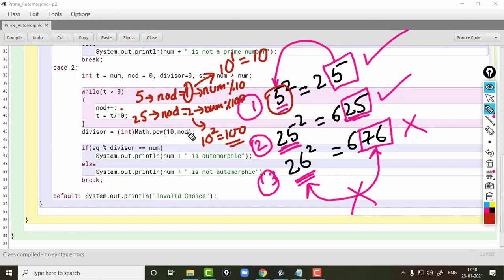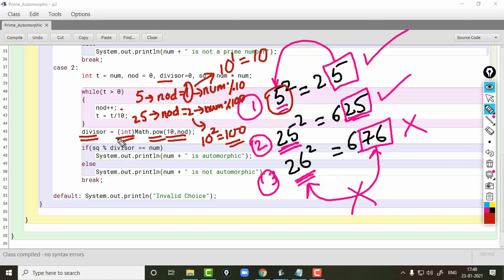I am simply calculating 10 power NOD here using the power function. The power function returns a double value, so I have explicitly typecast it into an integer, and then I am storing it in the variable divisor. In the case of 25, divisor will have 10 power 2, that is 100.